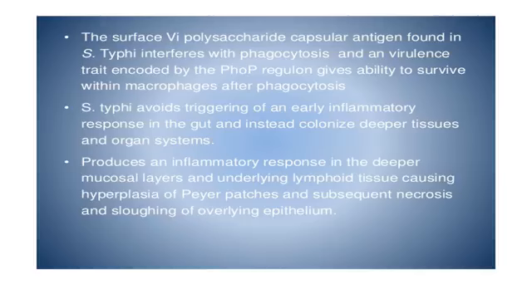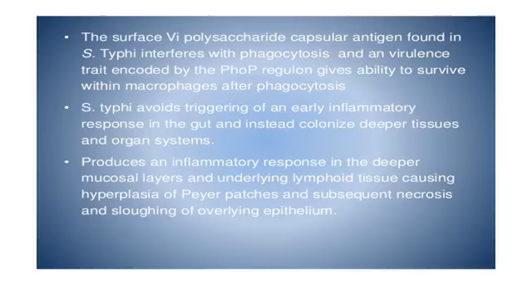As we have discussed, the virulence factor is a capsular antigen which interferes with phagocytosis, and a virulence state encoded by the phoP regulon, which gives the ability to survive within the macrophage. So the survival of Salmonella typhi will be increased by this capsular antigen found in Salmonella typhi. So it avoids triggering of an early inflammatory response in the gut, and instead colonizes deeper tissues or